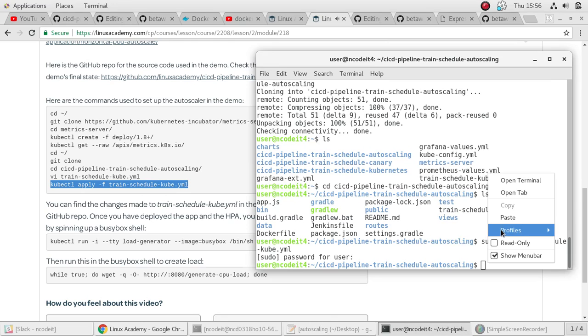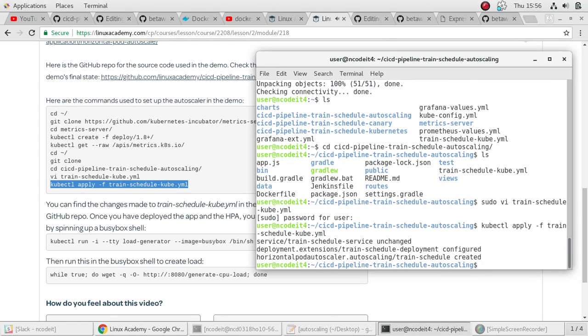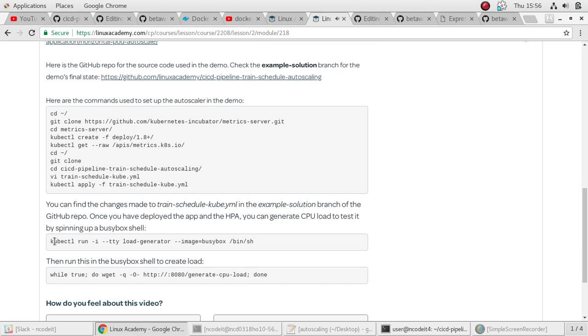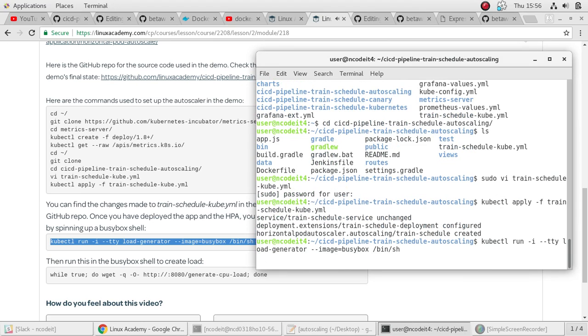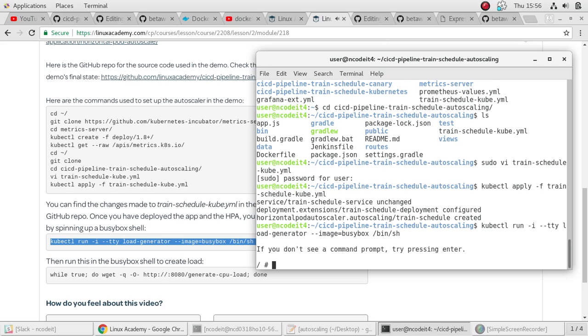So I'm going to go down here under my deployment spec and under containers right here. And as you can see, I have one container spec listed, and it's my train schedule container spec. And I'm going to add to this a resource request. So it needs to be level in the YAML file with everything in this particular container spec definition. So level with the liveness probe, the ports, image, and name. And I'm going to add a resources key. And then I'll put in requests